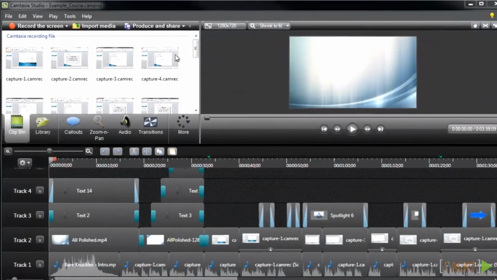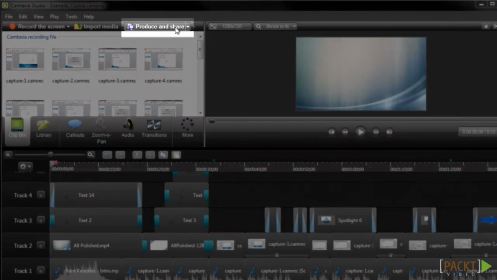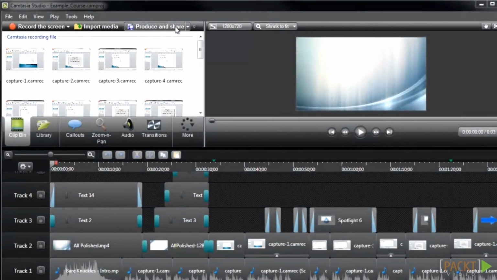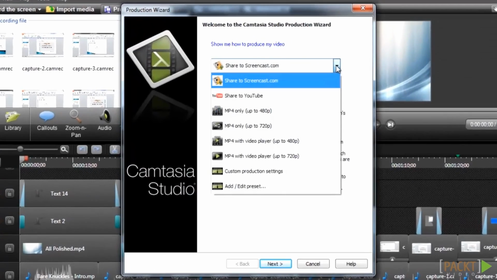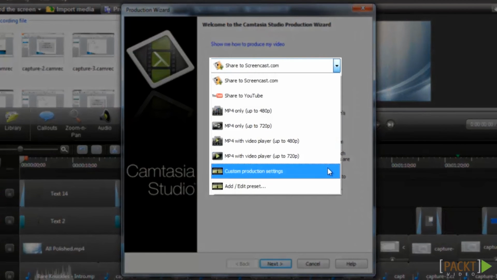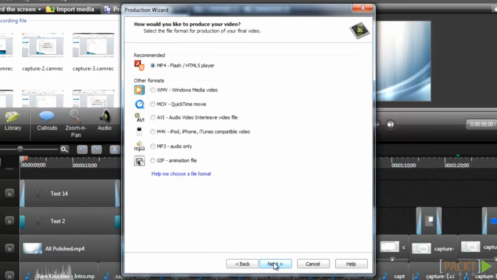Customizing the player is generally done when you're ready to publish your project, so the player settings are accessible by going to the Produce and Share option. From here we'll need to open the drop-down menu and select Custom Production Settings. If we select these other presets, we won't be able to make customizations, or the player may not even be included. And then after selecting Custom Production Settings, we'll click the Next button, and it'll bring us to this screen